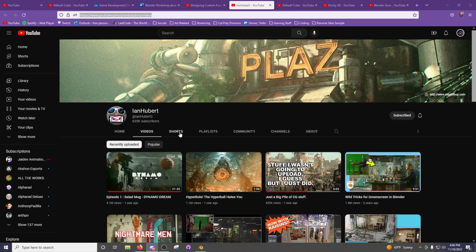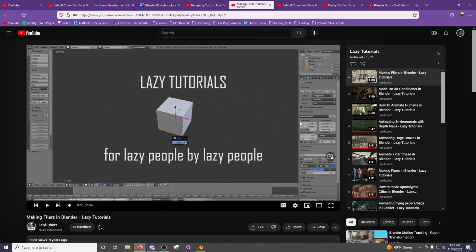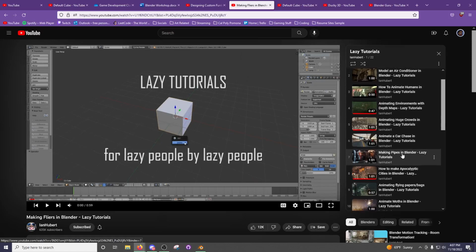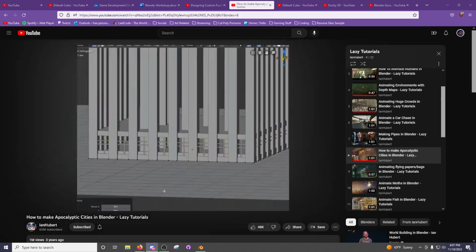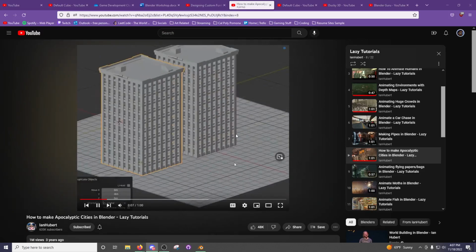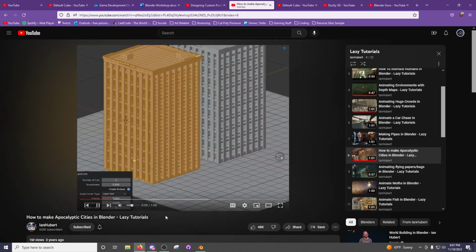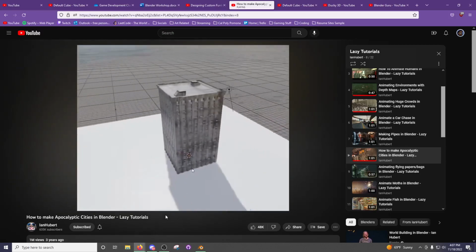He does these videos called lazy tutorials, where he'll basically teach an entire subject or teach you how to do a certain thing in Blender within a minute. Like here you can make a whole city. I made one floor and I just copied it. Duplicate the building, scale down all the faces, and add a wireframe modifier. This is going to be the rebar. Add a material. You can UV unwrap it or just